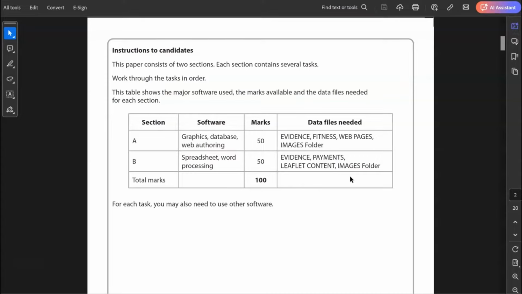So it's either web authoring or making a presentation, depending on which year it is, or which series it is, because there's two papers throughout the year. There's the November series and the June series. So total marks 100. So we'll go and have a look at the first question, but before we do,